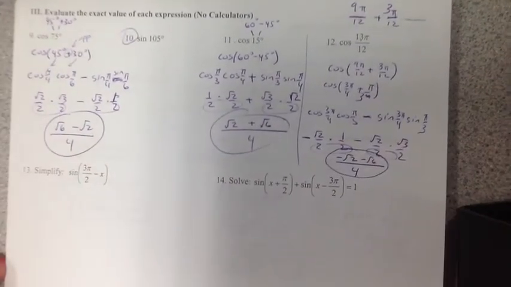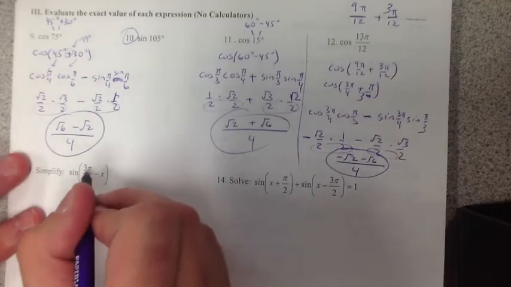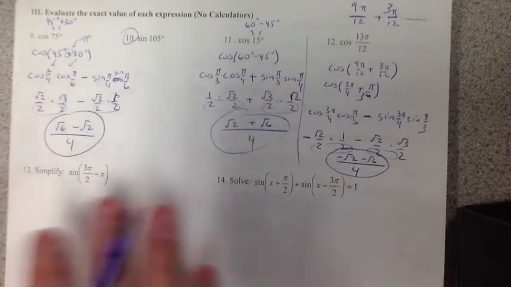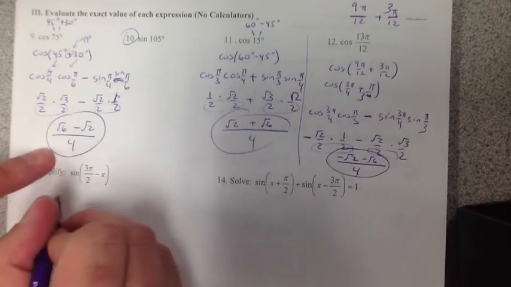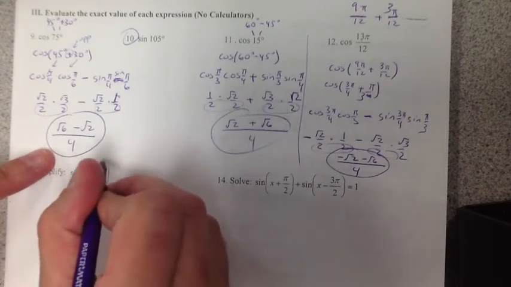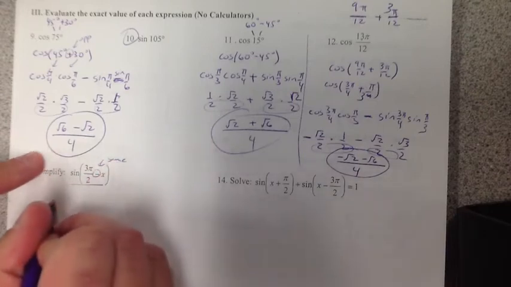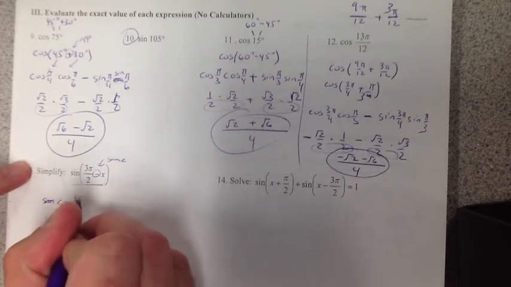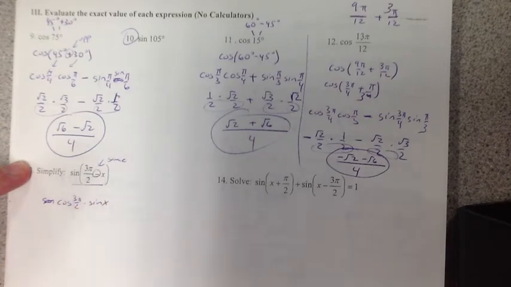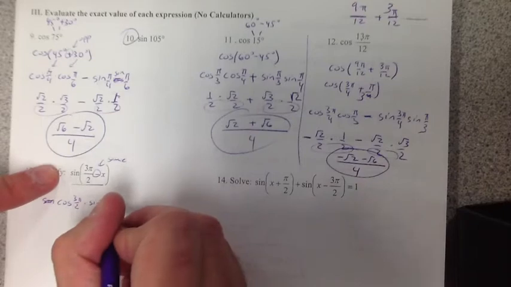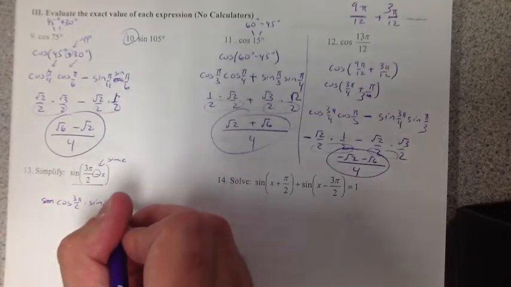All right, now, let's go and simplify this one. These are very easy to do. People always get confused. What do I do? Very easy. This is just my rule. This is sine. I'm subtracting, so I'm going to use the same rule. So this becomes the cosine of 3 pi over 2 times the sine of x. Be careful, same, plus, or minus,